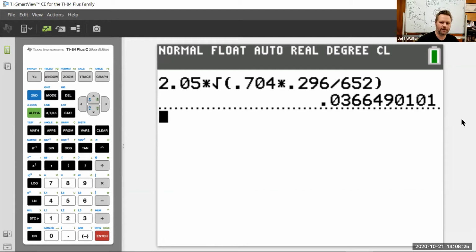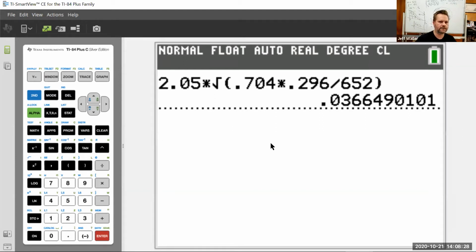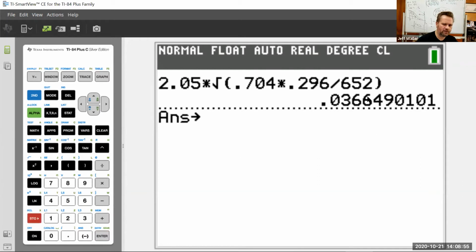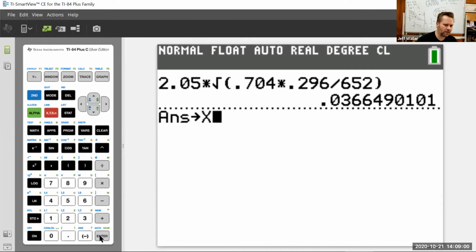They still exist. Okay, now let me show you the really cool thing. I still have to add and subtract this from 0.704. This is nothing major. You can do this without doing what I'm about to do, but let me show you. You see this button right there? It's called store. If I store this in X, watch what I can do now.